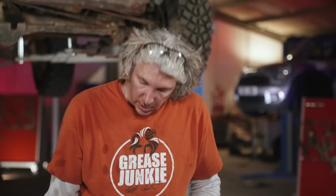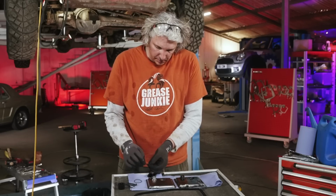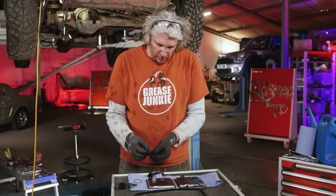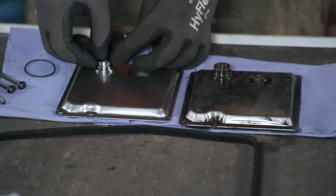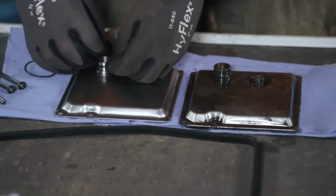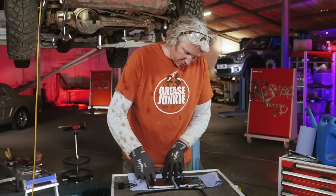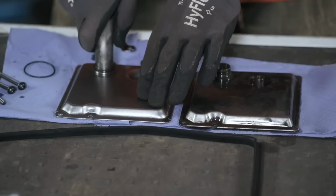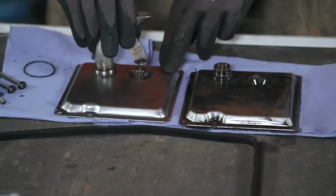And I've got a little bit of oil just to wet that nicely. And then make sure that it's going to seal okay, because after all, you need the fluid whizzing around the gearbox without any issues. So you want a nice seal on all the bits that are going to be sucking and blowing it about that gearbox. Right, so that's into position now. Tiny bit more transmission fluid just to be absolutely sure. And I can pop that into place, and then I've got a little spacer, mustn't forget. Pop that over there,